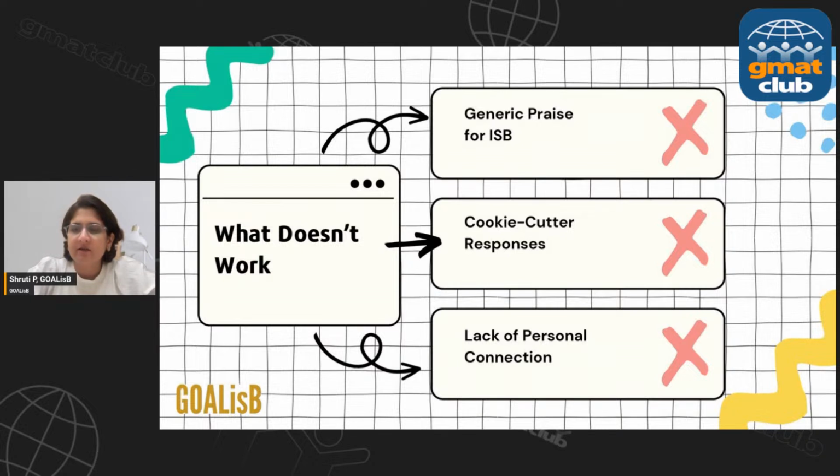Even though one essay is optional, is there any advantage in attempting all three? The advantage in attempting all three is that if you are very clear of what you want from the school and what your career goals are, it is always important that you should attempt the optional essay. So if you're not very clear and you still need more time to research, then go ahead and don't attempt the essay and spend the time on researching